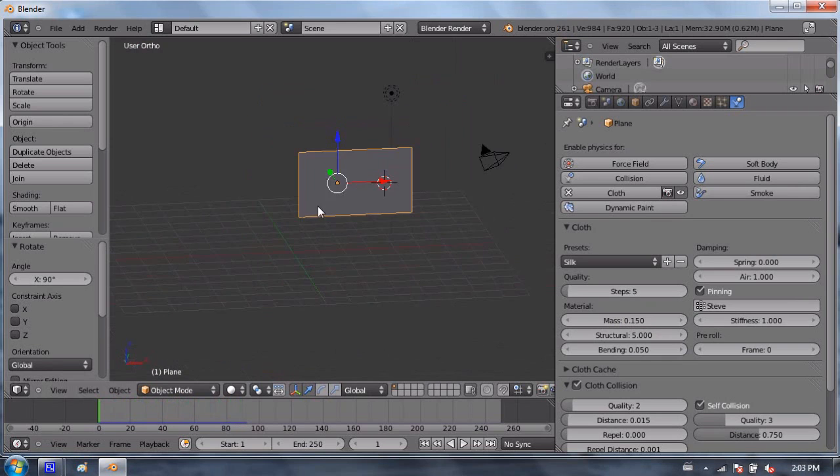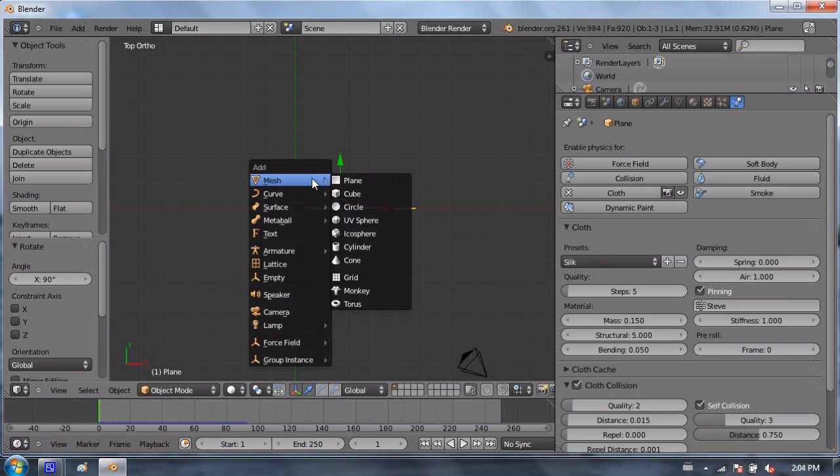Now, we want some wind. So first, I'm going to add a flagpole. I'll press Alt-A. In fact, not Alt-A, just to add, I'm going to put my 3D cursor right about where I want the flagpole to be. I'll check it from the top as well. Right about there-ish. And I'm going to press Shift-A, not Alt-A. Shift-A is add. And I'm going to add a cylinder right about there.